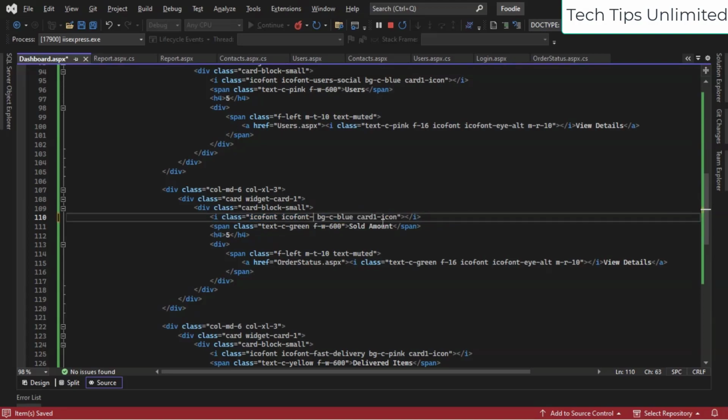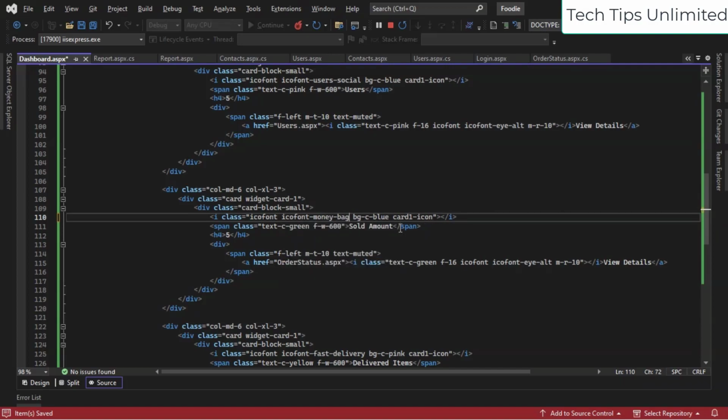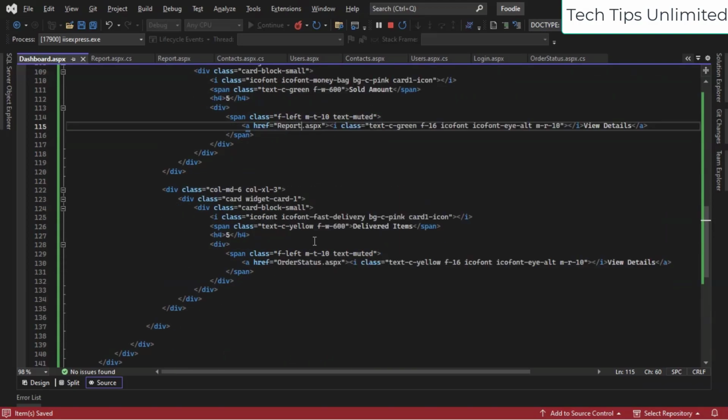Icon name here: Money. Money bag. Color, let's say here pink. Here it would be green. Green. Let's change the page name. Here, sold amount, that is for the report. Save it. Now the last one is